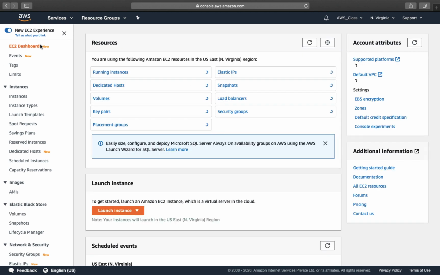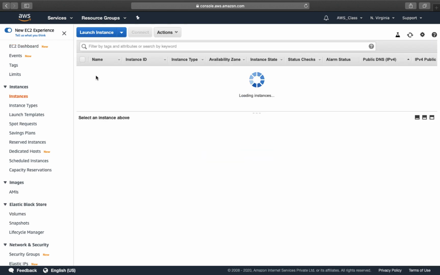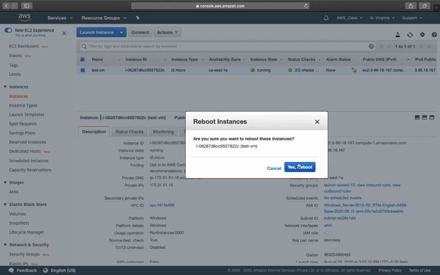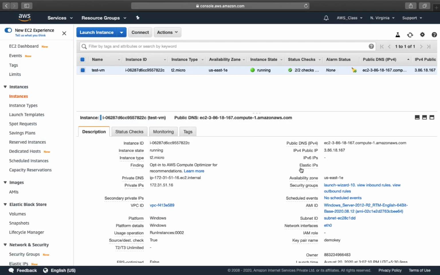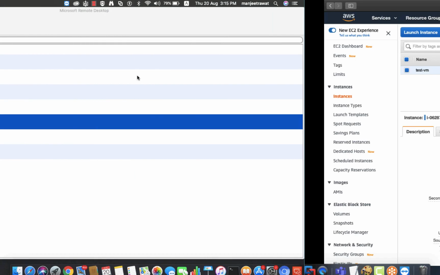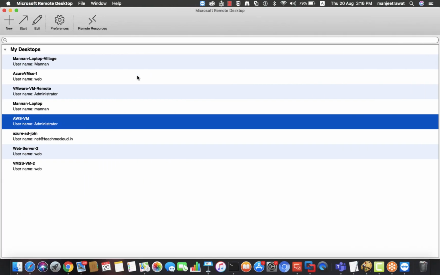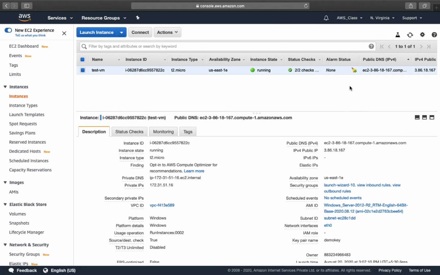Open your EC2 instance and select the virtual machine that you created. Go to action, select instance state, and simply click reboot. Once you reboot your virtual machine, obviously you will lose your RDP.